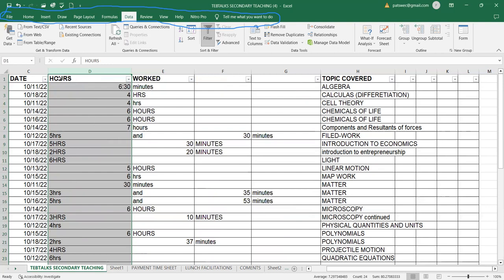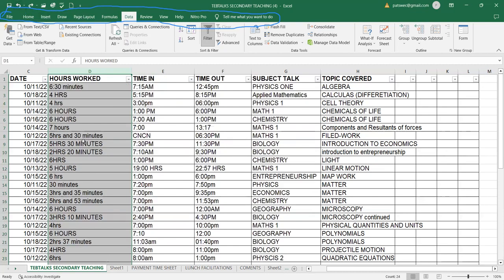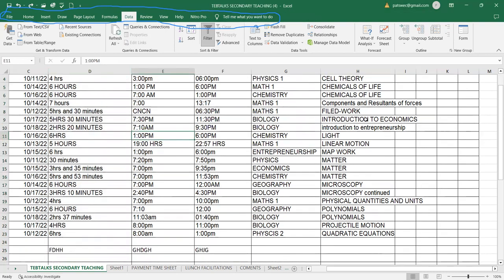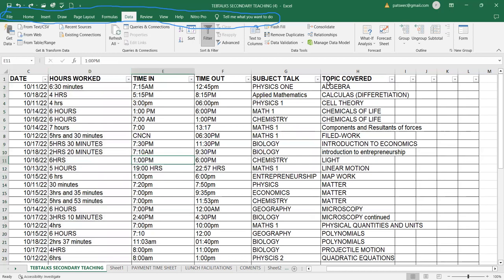As you see, I have hours and then I have worked. So as you can see, my data has been spread into two columns. To go back, you have to use undo to get back the original data. I can choose another option, another path, which is I can select one of these, like topics covered, and then